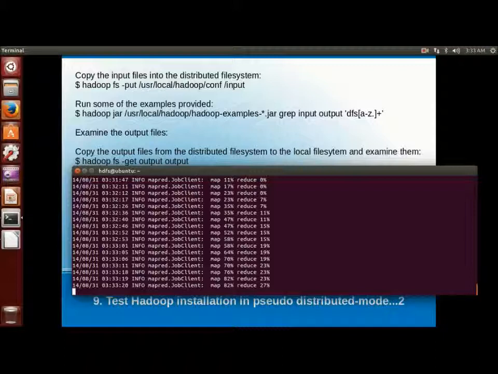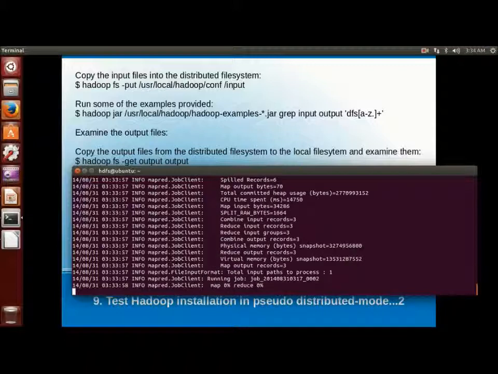To complete this job, it has to complete the reduce part as 100% and map also 100%. Now the map process has completed 100% and reduce process has completed 31%. Okay, so now map and reduce have completed 100%, so by this time my output must be ready.